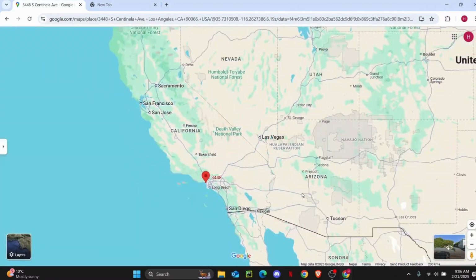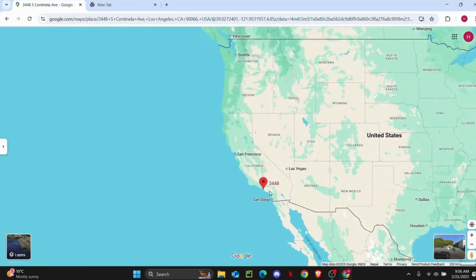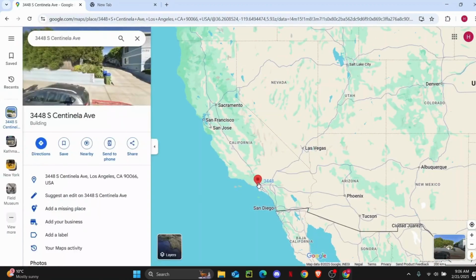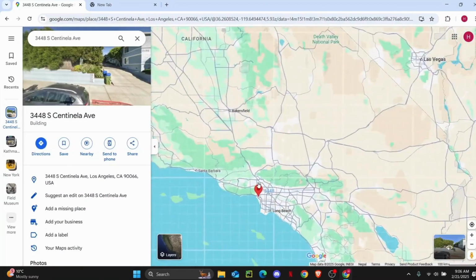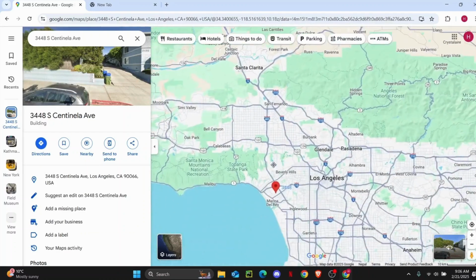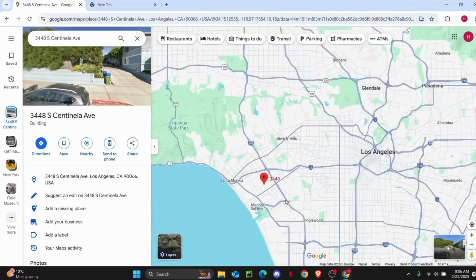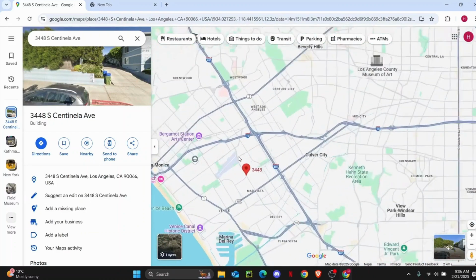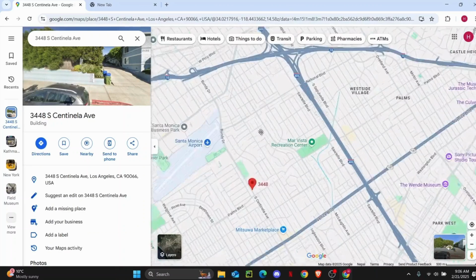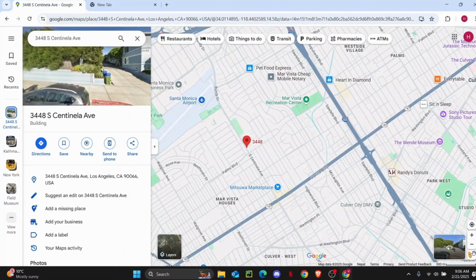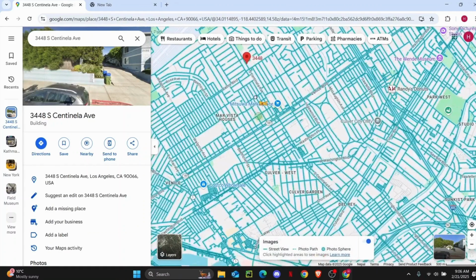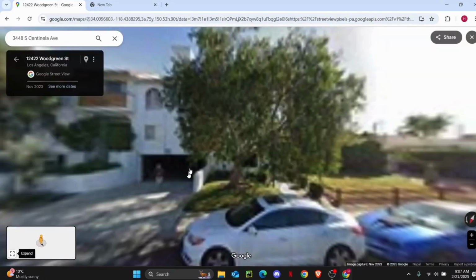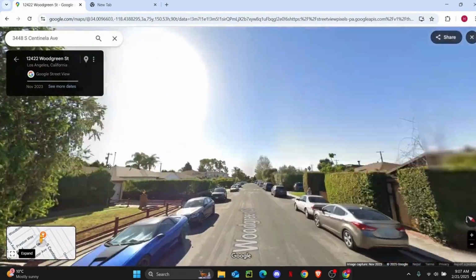So the very first thing you want to do is select the location that you want to see the street view of. So for example, if I just zoom in right here on this location, to look at the street view, you're going to have to enable it first. For example, I'm just going to drag this little guy on the bottom right corner and drop it on the location right here. So it will enable the street view and it will drop me right here on this location